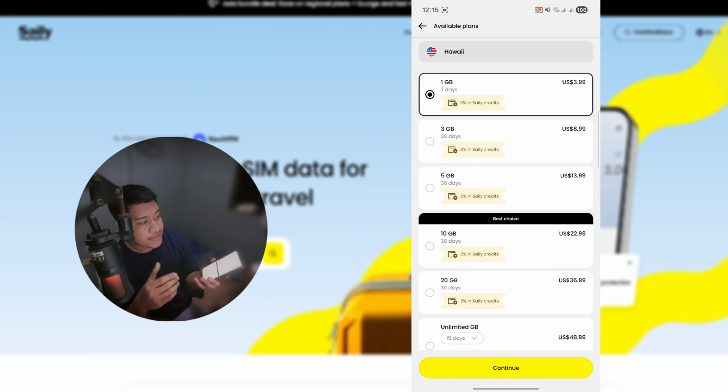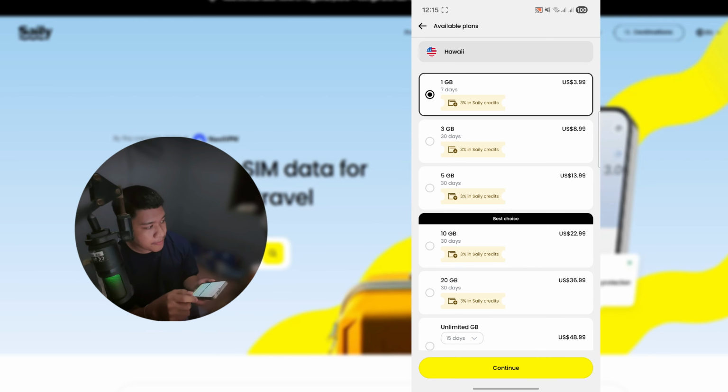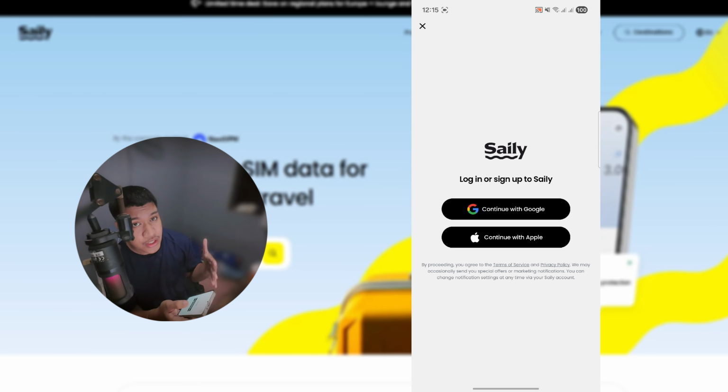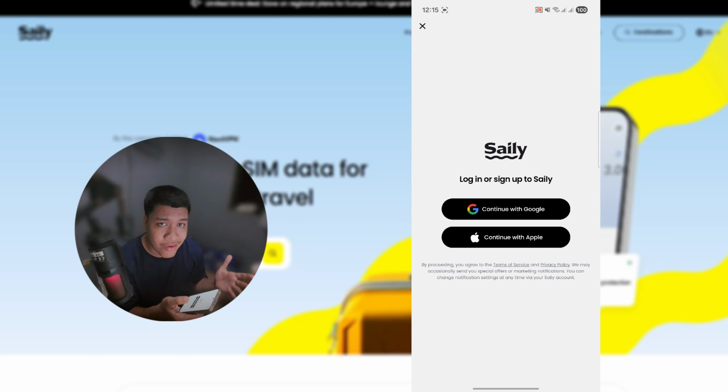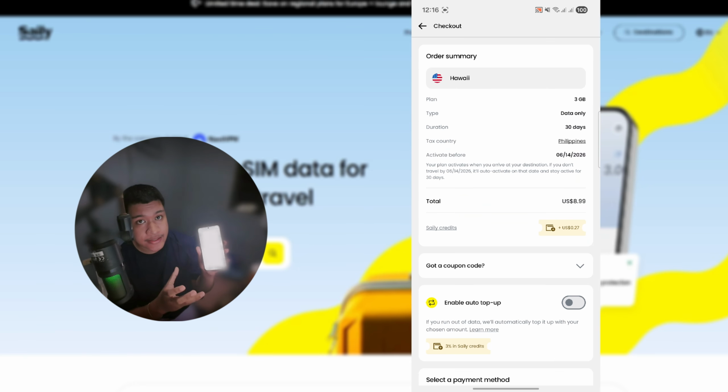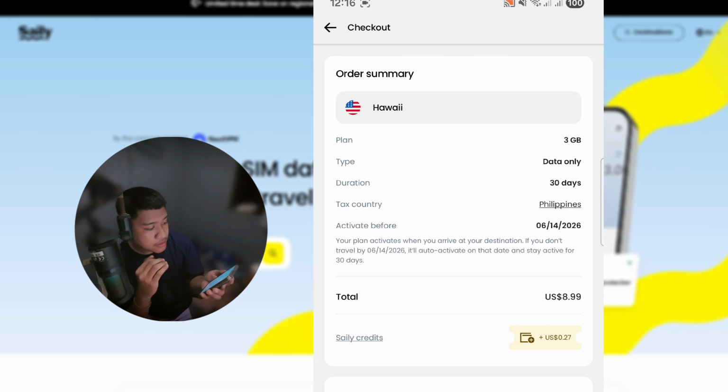For the next step, we then have to purchase our plan. So once you've picked the plan that suits your trip and your journey, you just want to click on the continue button, and of course we have to log in to our account. From here, you will be able to see the full extent of your plan. For example, the plan is going to be 3 gigabytes, type is data only, duration is 30 days, and we